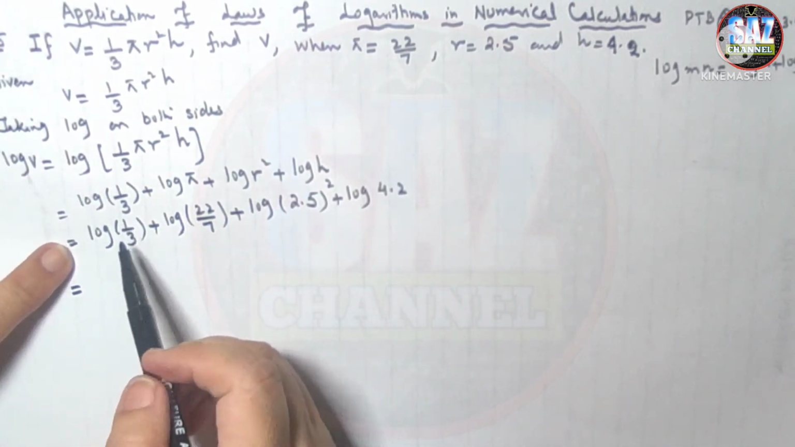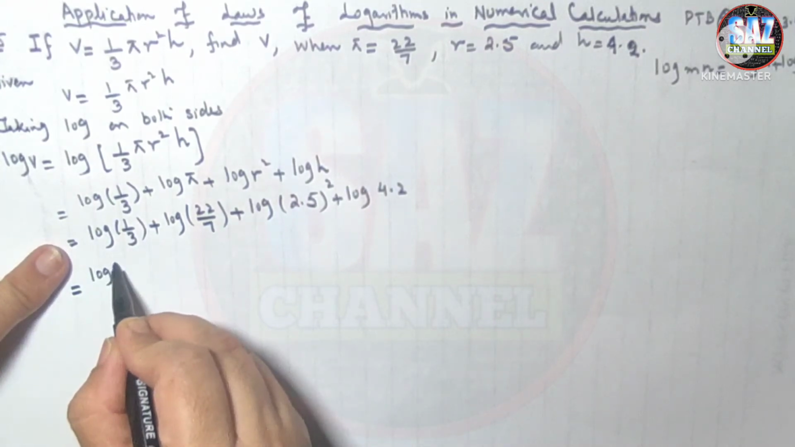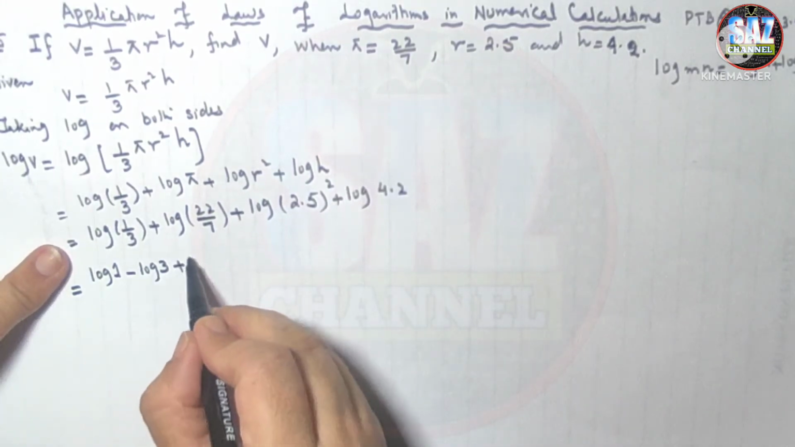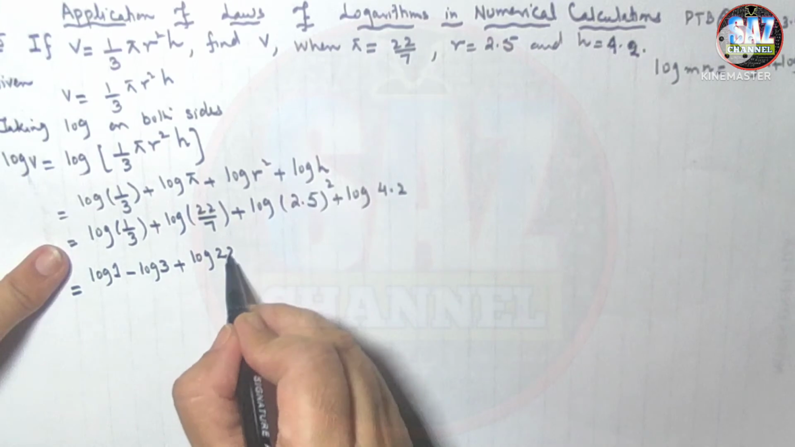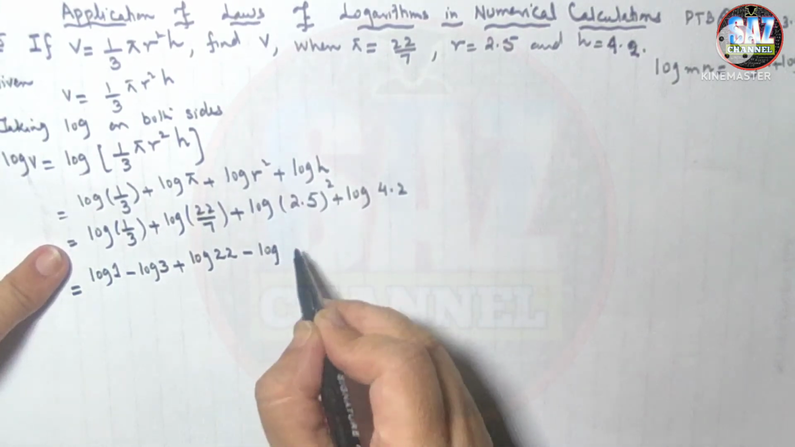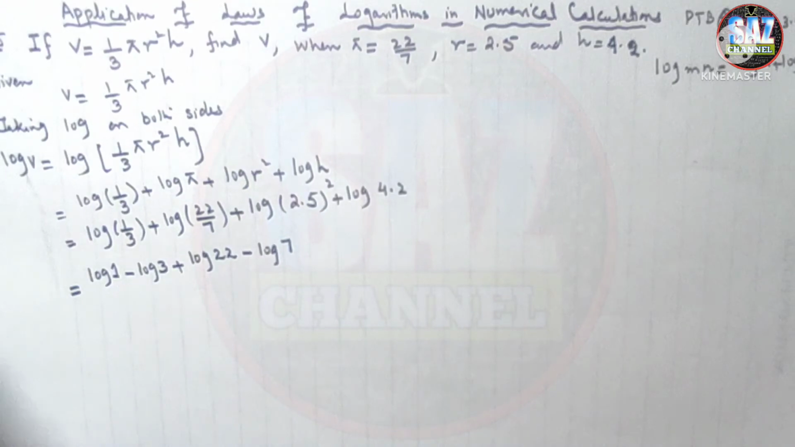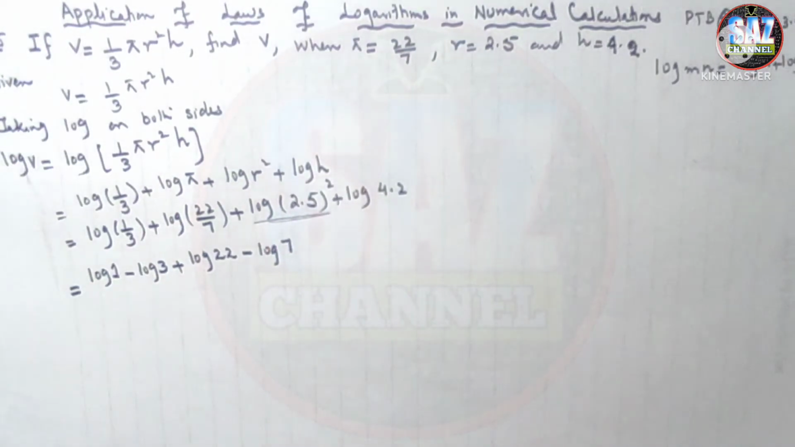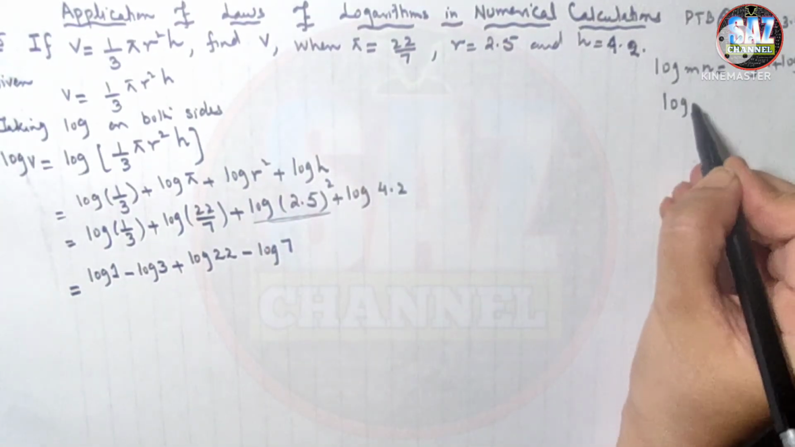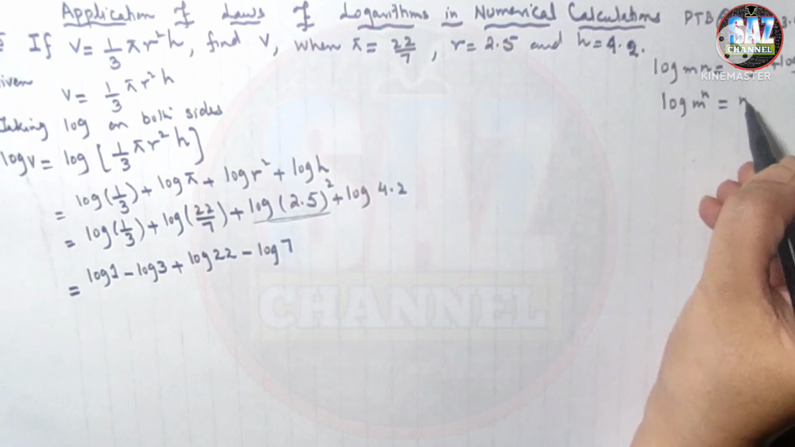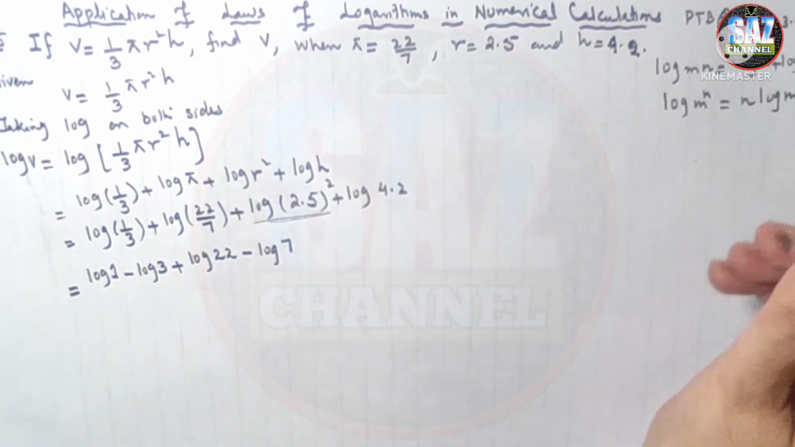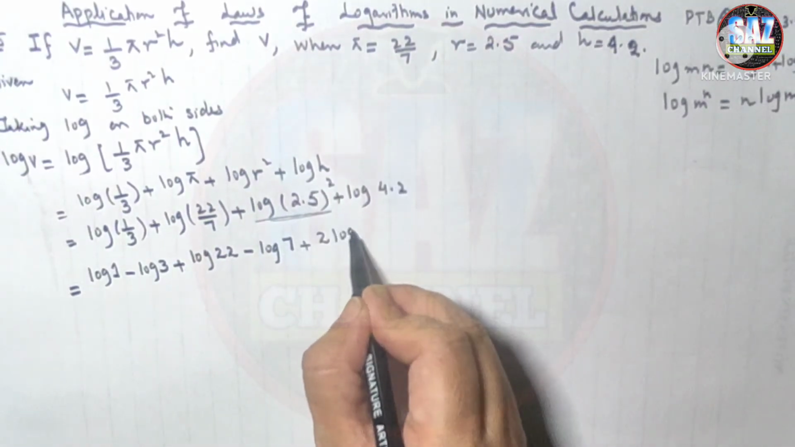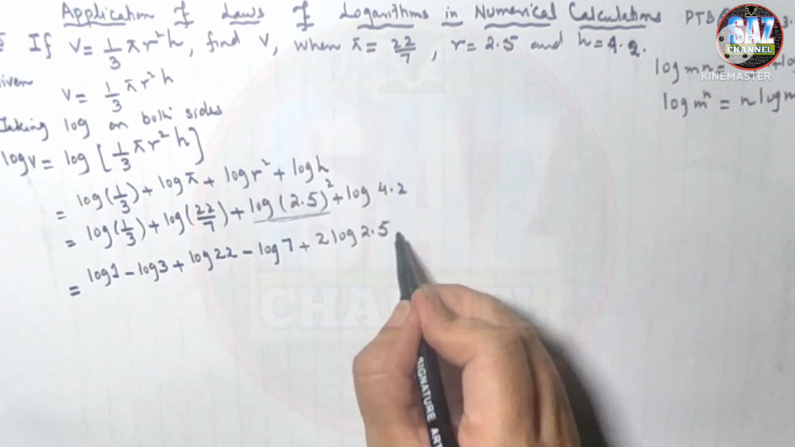These two numbers are in fraction form, so I will be writing log 1 minus log 3 plus log 22 minus log 7, and on this part, first I have to apply the law of power of logs, that log of m raised to power of n equals n times log of m, and this will become log 7 plus 2 into log 2.5 plus log